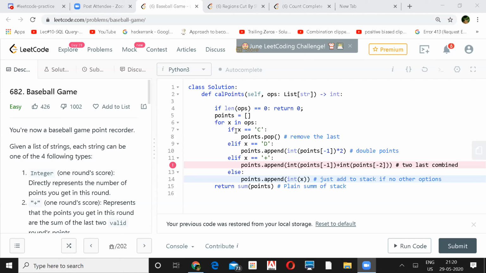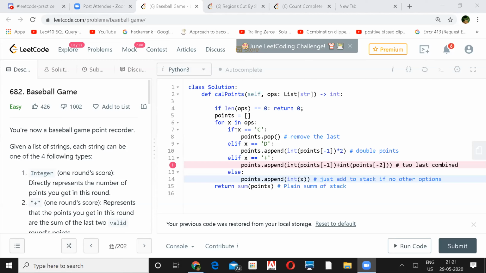Actually, one more question. Here you're using Python list negative indexing, so we got it. But if we are using a real stack, then we need to pop the first element and store it in a temporary variable, then pick the top, and then push it back, right? Here in Python, stack and list seem to be the same. But if it is a real stack, we can only look at the top object, so we need to pop it, store it in a temporary variable, and then look into the next top. I think in C++ or Java you might have that.